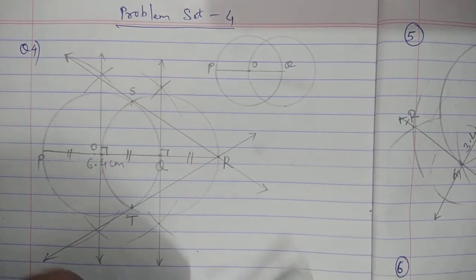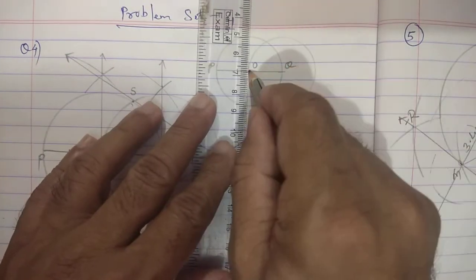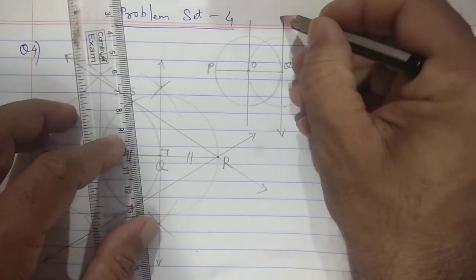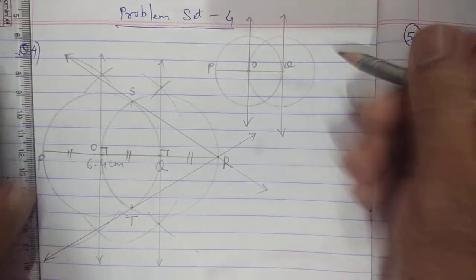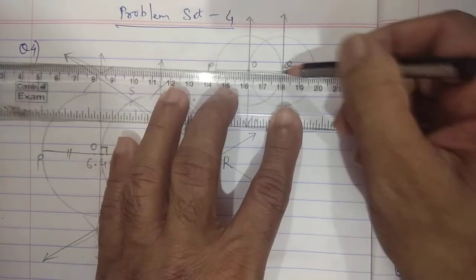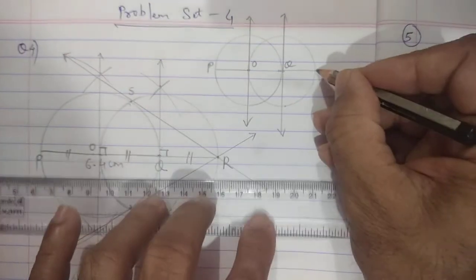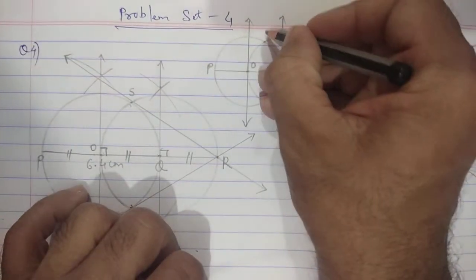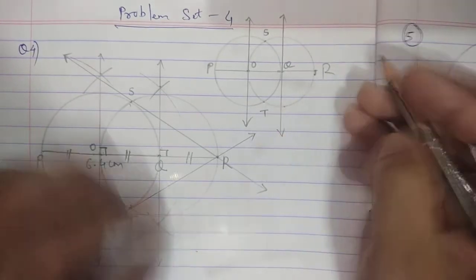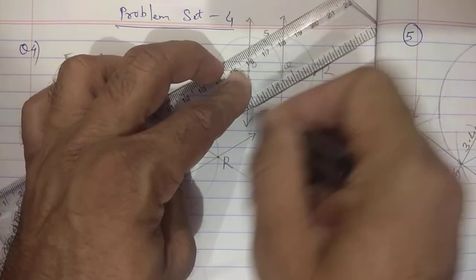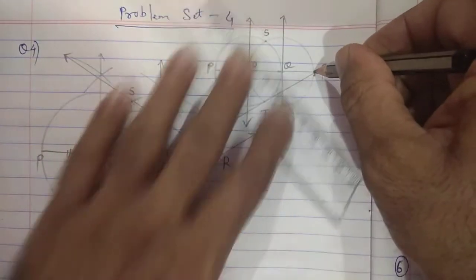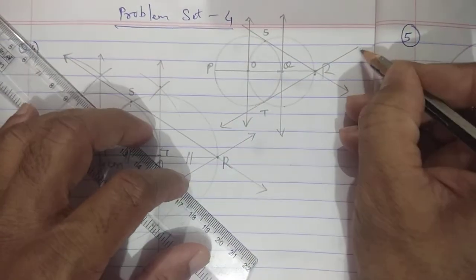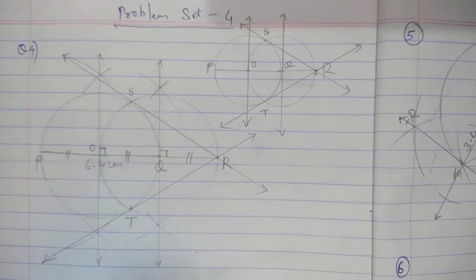So this way you will draw both the circles and then draw the perpendicular. The perpendicular is drawn through point O, then point Q. Both of these you will draw. Then point R also you will take on this. This is point R. And from point R you will draw tangent RS and tangent RT. So draw this. Extend it further on both sides as you did in the fair diagram. This way you will draw. And show arrow marks on both sides.